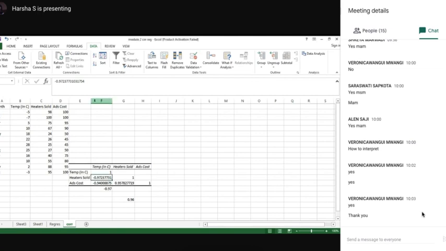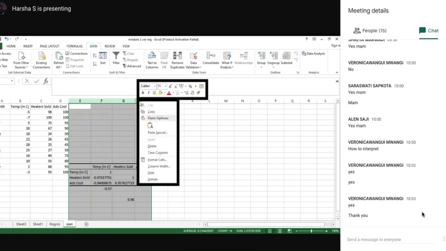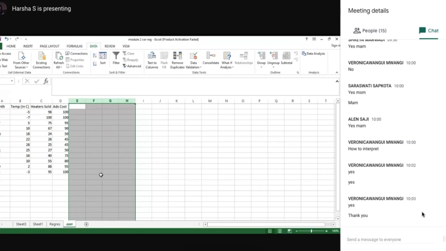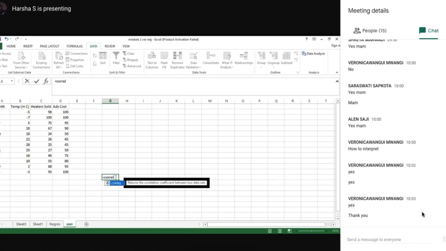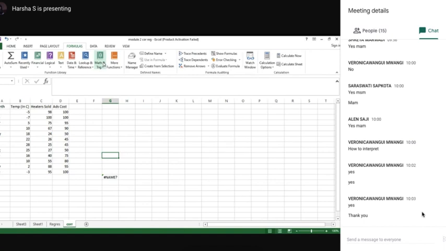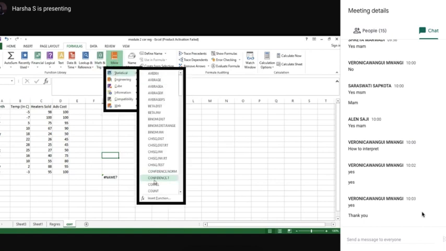So now we did this calculation, students, using the data analysis tab. I can do the same calculation using the function. When I'm using a function, I'm sure you are aware that we have to use the equal to sign, and there comes the array 1 and array 2. So here I'll go with equals to CORREL. Either you can type and continue, or you can use it from formula, more functions, statistical.